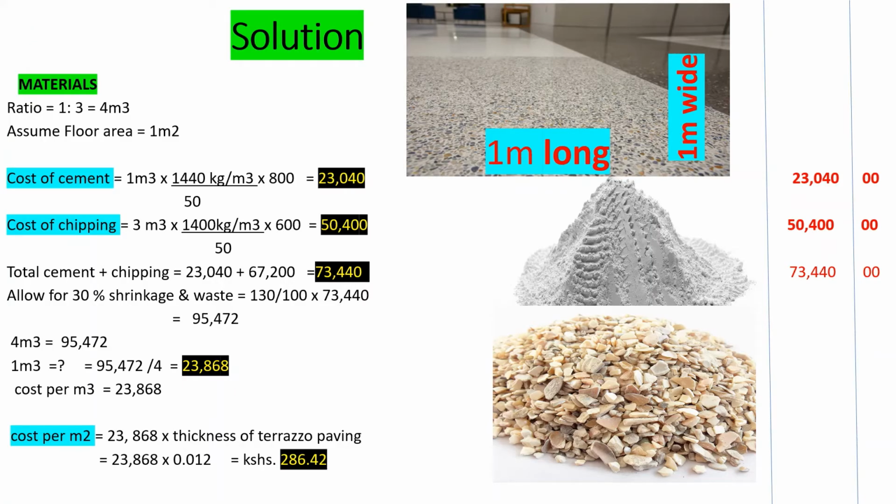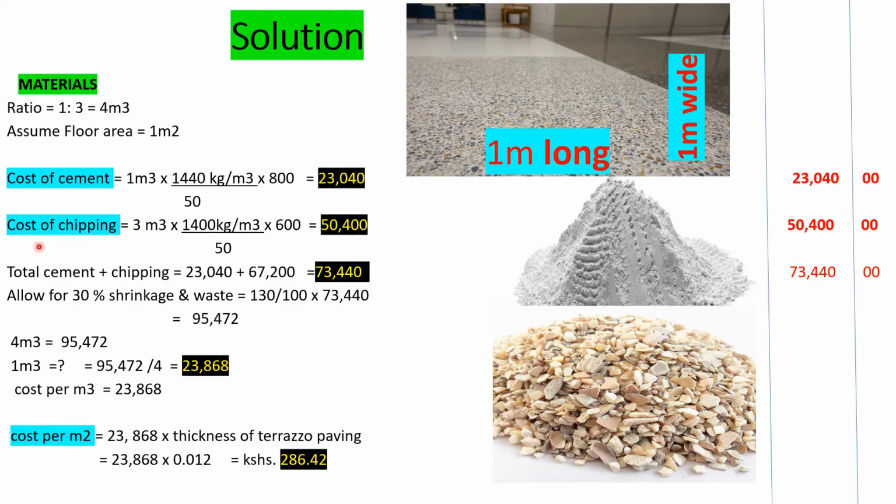We are going to start with the materials, that is the cement, the chippings, and then we look at the pigment and the color. So we start with the ratio that we have been given, which is 1:3. So that is 4 meter cubic total. And then we are going to assume a floor area of 1 meter long and 1 meter wide. So our floor area will be 1 times 1, that is 1 meter square. The cost of cement is 1 meter cubic by 1440 kgs per meter cubic, divided by 50 kg bag, times the cost of one bag, which is 800. That gives us